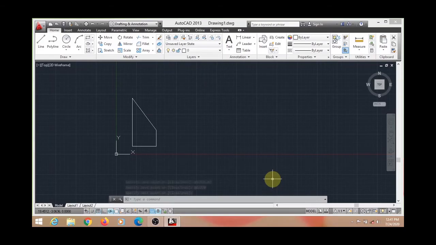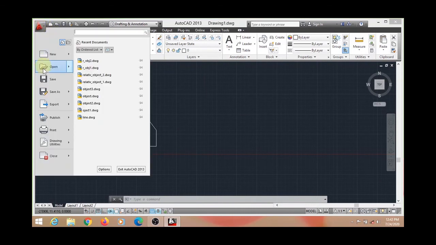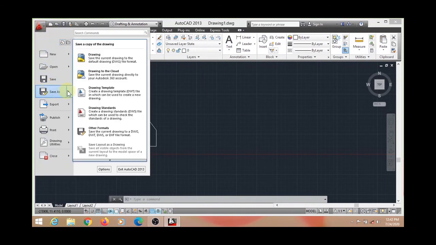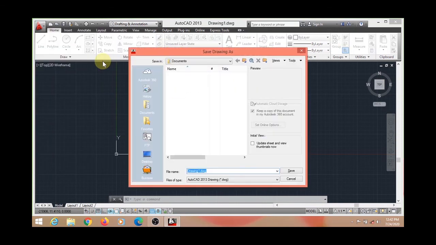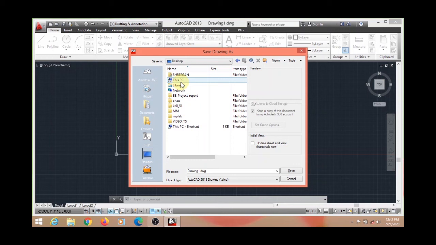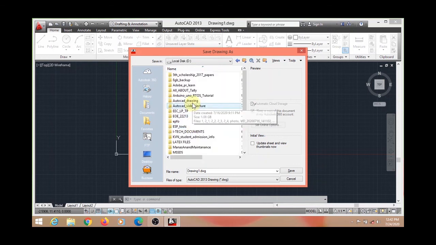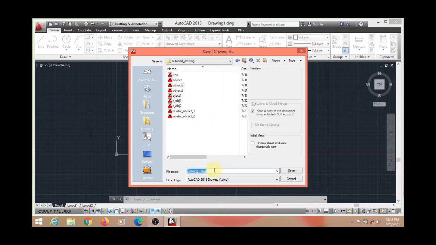Now to save this object, go to the tab A, select fourth option, save as, click on drawing and select required drive and folder. And provide a suitable name to this drawing, polar underscore object 1.